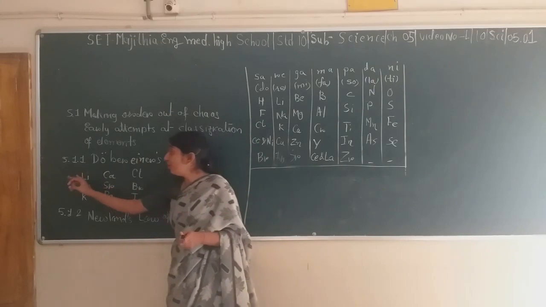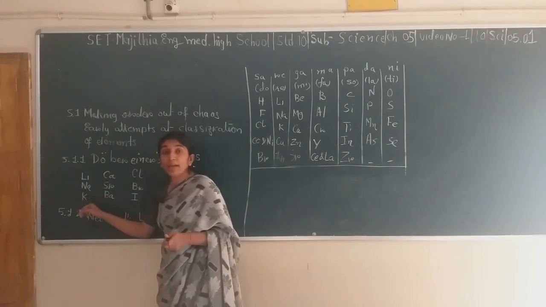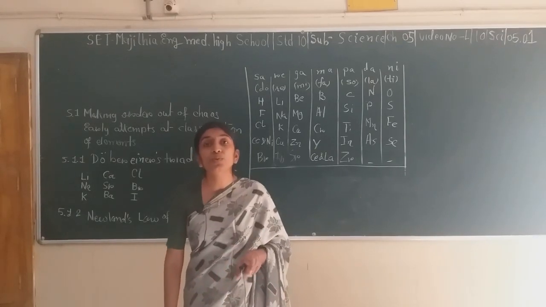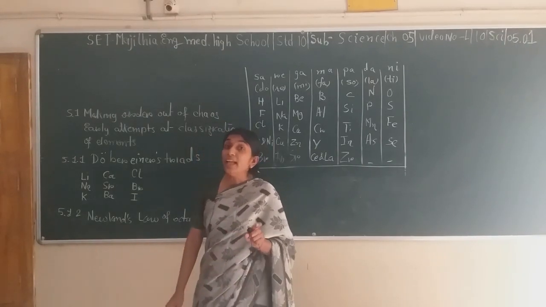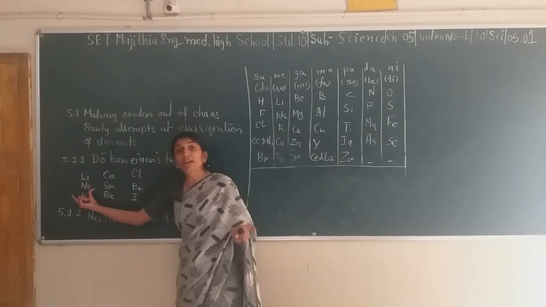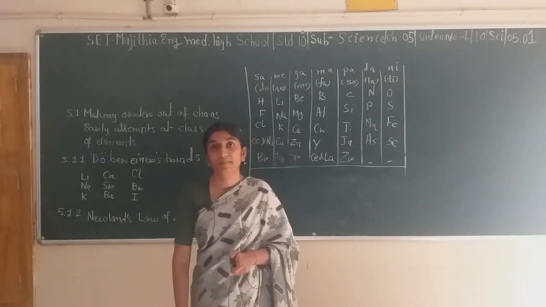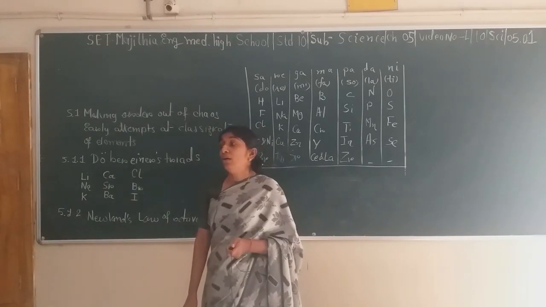So if you take the atomic mass of lithium and the atomic mass of potassium, add these two, and divide by 2, you will get one answer. That answer should be close enough to the atomic mass of sodium. So Doberaner